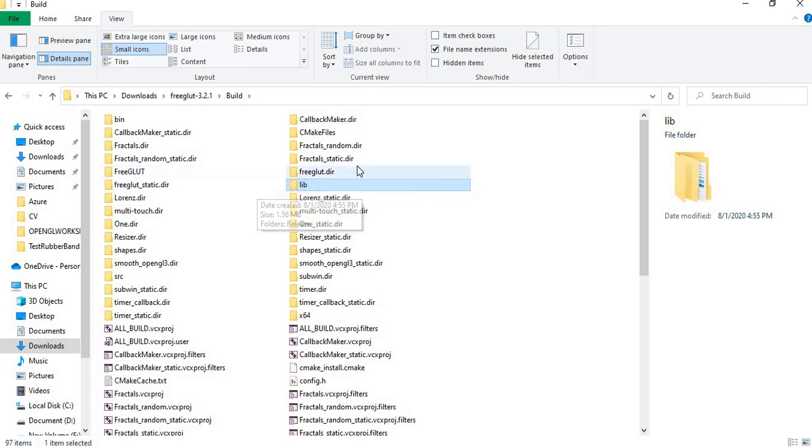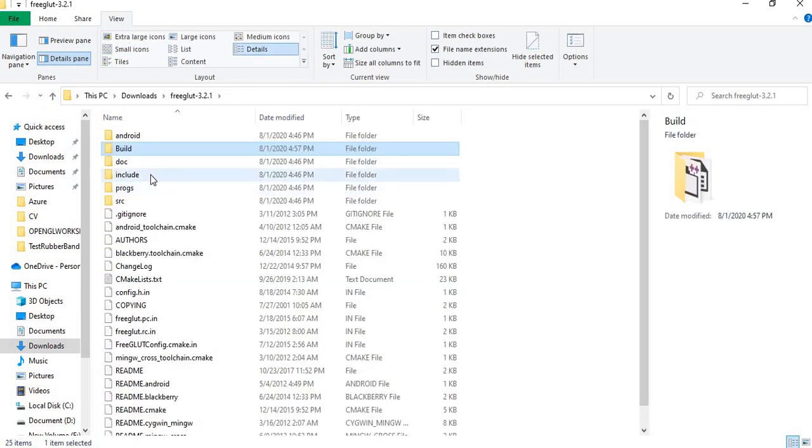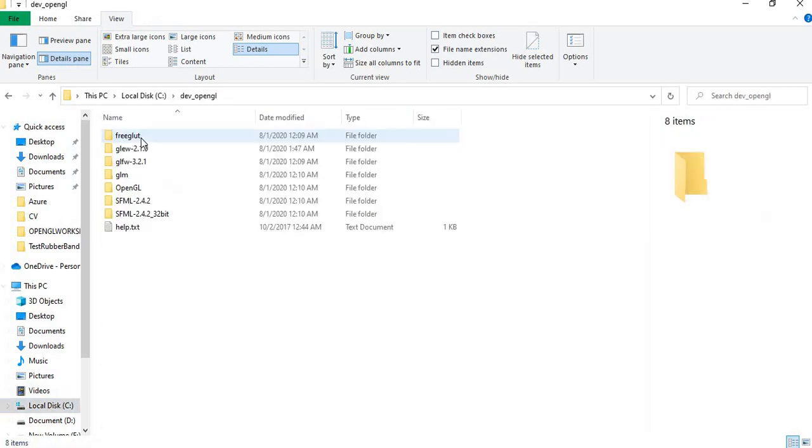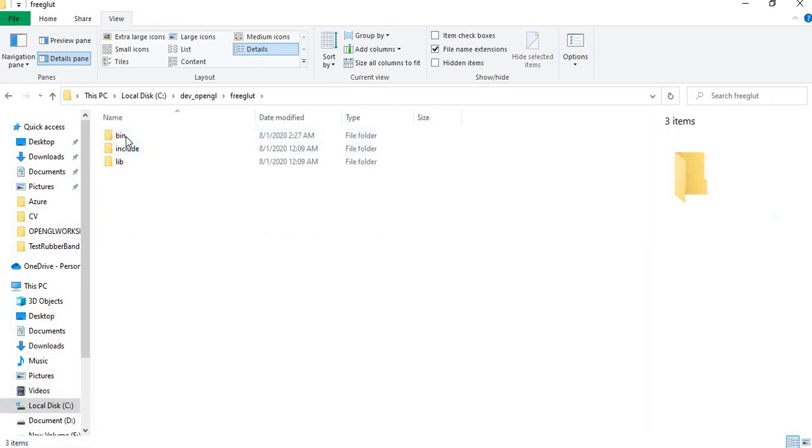Create the structure and copy this lib and bin and keep them in the folder, and the include folder is there. You can copy this include. So all three things you need to copy and create the same structure which I have created. After doing this, all your freeglut requirements are fulfilled.